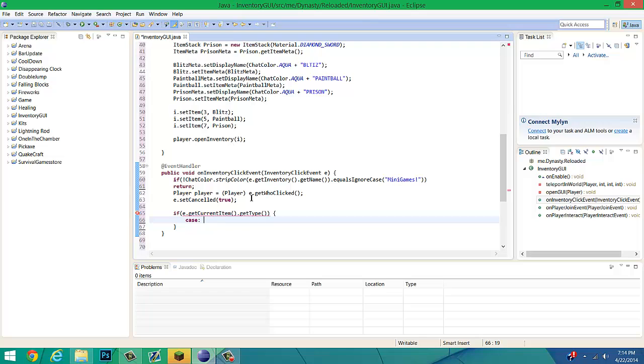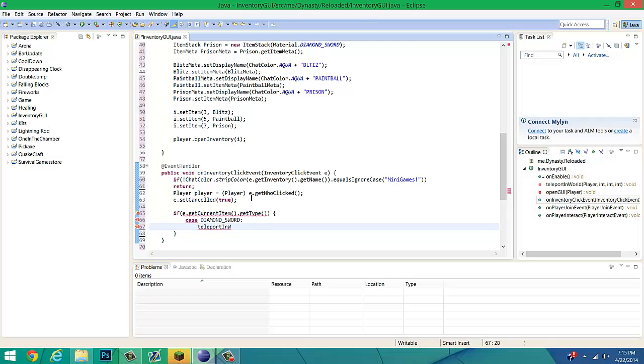Make sure you put a colon here, and we're going to make it diamond underscore sword, because that's what we have. So inside diamond underscore sword, actually no, you don't have the colon right here, you have it after diamond underscore sword. Now it's going to cast that out to all of them, and inside there we can do teleport